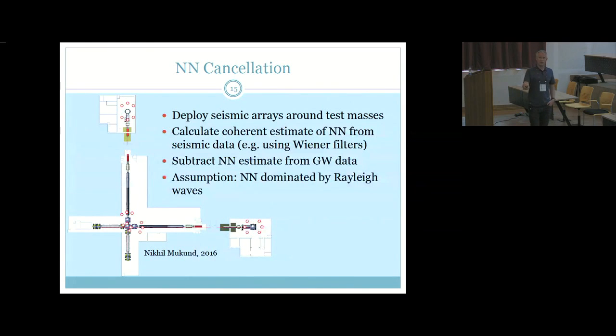The way it worked, as I said, is you would have test masses here in these locations, and you have sensor arrays, in this case seismic arrays, around your test masses. And now, obviously, the question is, if you have some number of sensors, where would you really put these sensors so that you learn everything you need to learn about the seismic field and then produce the best estimate for your gravity noise.